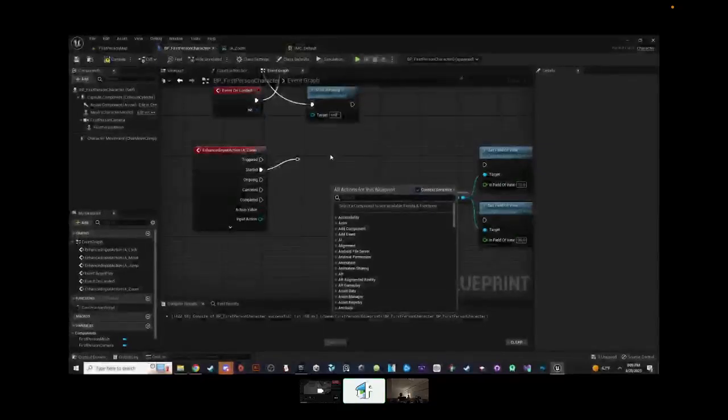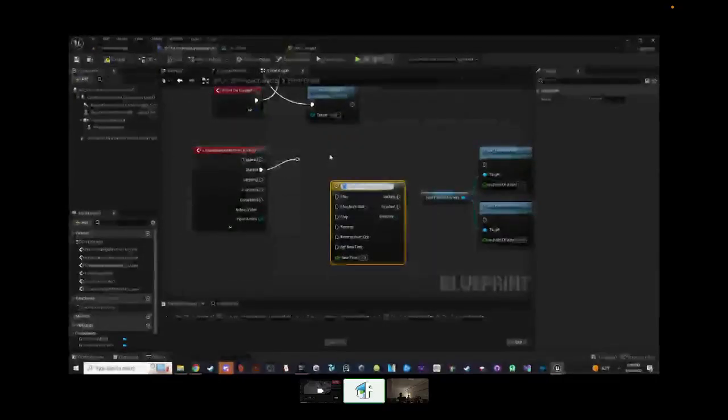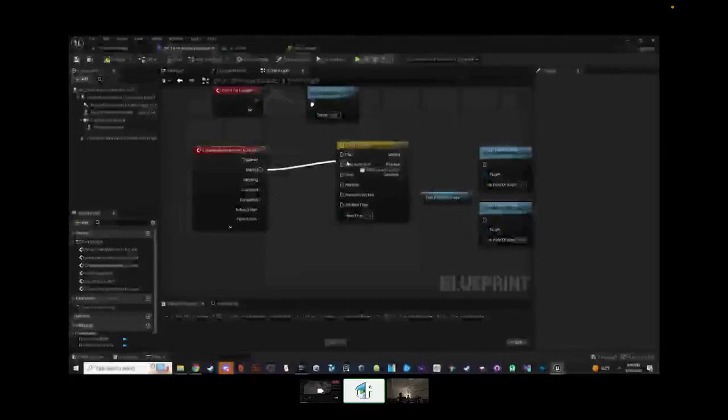Again, right click. And what we can do is add a timeline. So let me just add timeline. And let's call this the zoom timeline. And this is something that plays over time. So then let's connect our nodes again. Oh, by the way, to disconnect a node, you press Alt, you mouse over, and then you just click on either the execution pin or the line, and that just disconnects it, just in case I forget. So let's connect that to play. And let's connect this on reverse as well.